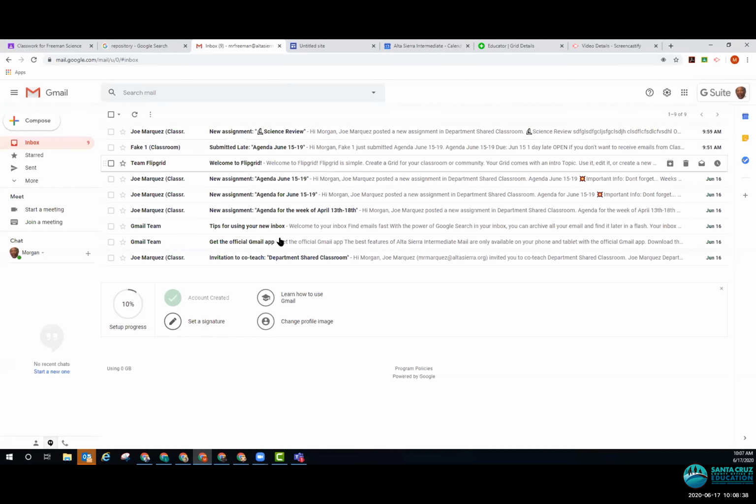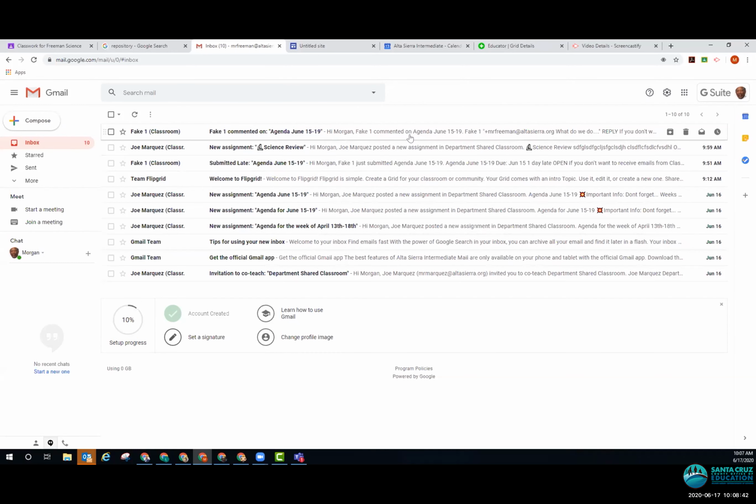But then it starts getting lost in the ether. So I always recommend, so there it is, there's the question from the student, I always recommend the teacher utilize labels. Now if your teachers are utilizing the Outlook environment and your students are using the Gmail environment, there's a routine to do this as well. But I'm going to show you in the Gmail environment.